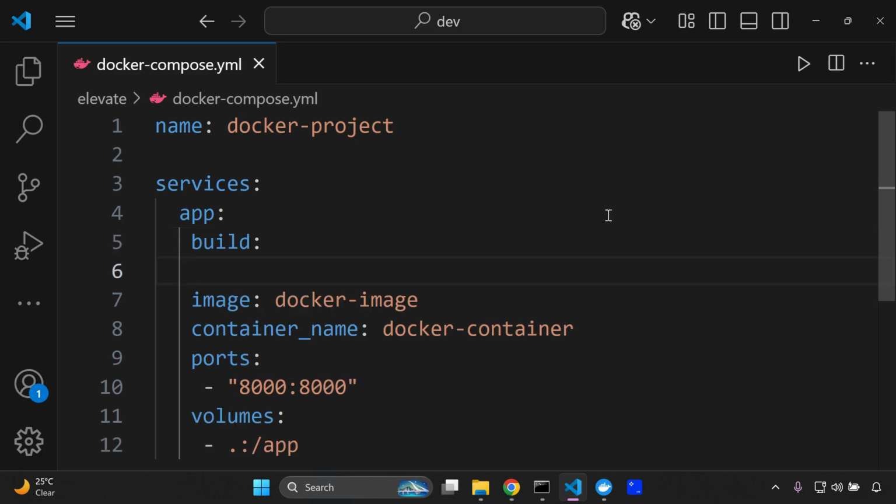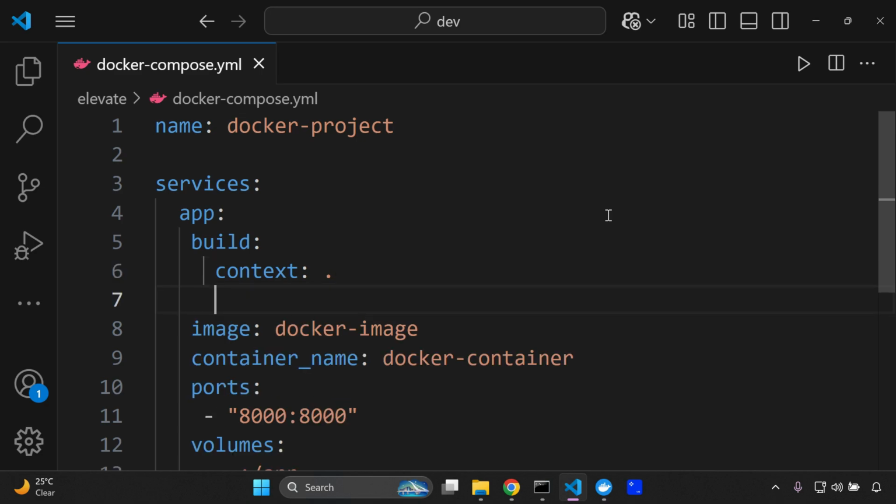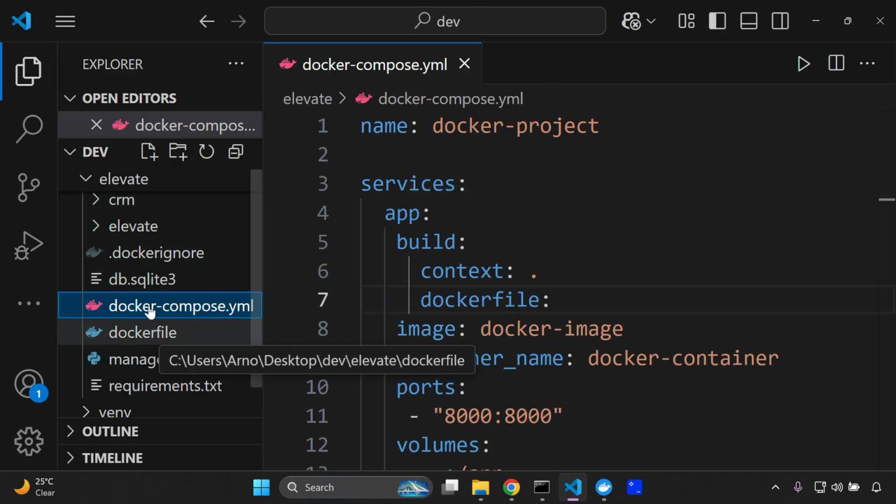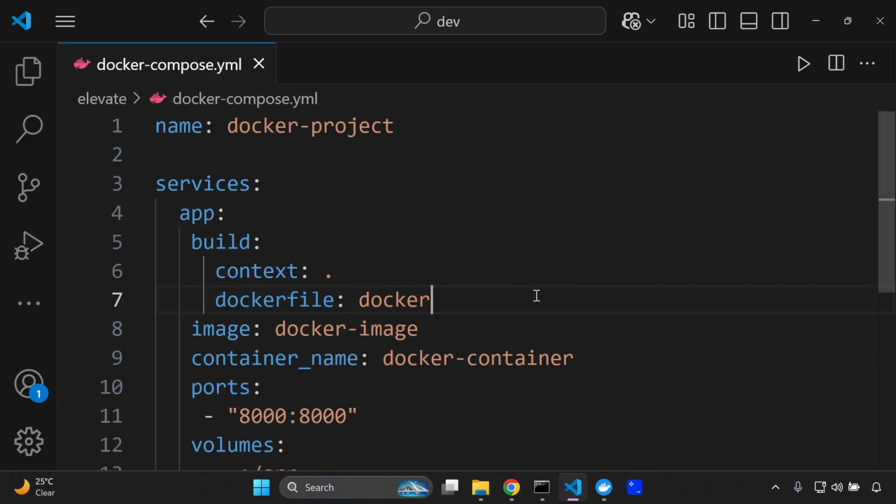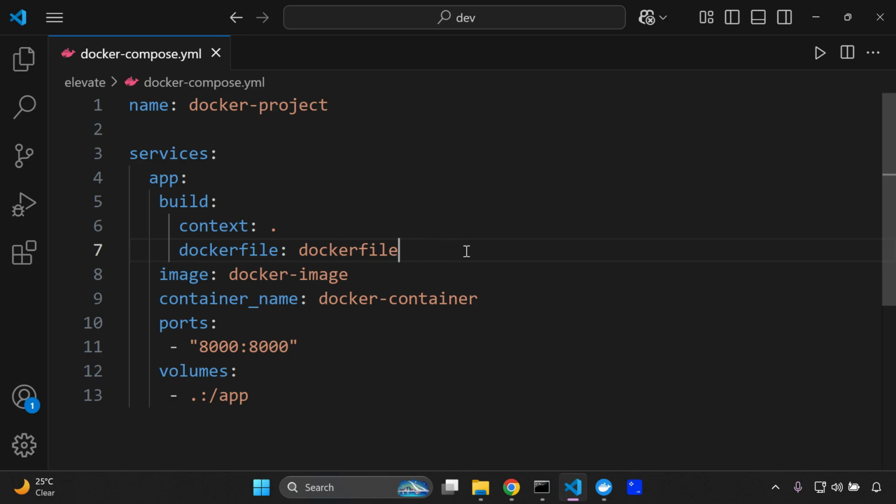Enter, and then you want to indent 2 spaces, and we can say context, colon, and then dot. So that's going to be from the directory where our Dockerfile is located, so in our base directory. And then you want to say dockerfile, and you want to grab the Dockerfile that you're working with. Now the name of it in my case is just Dockerfile. So that's the Dockerfile we want to use. Okay, now with this addition here, this is going to allow us to build our Docker image as well as